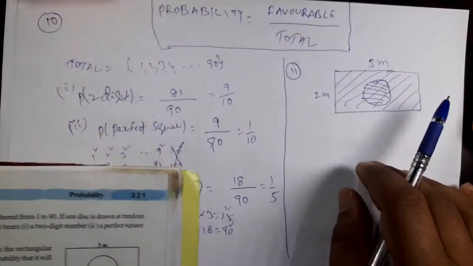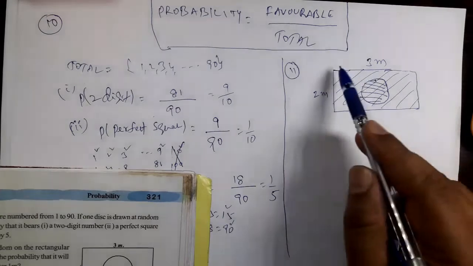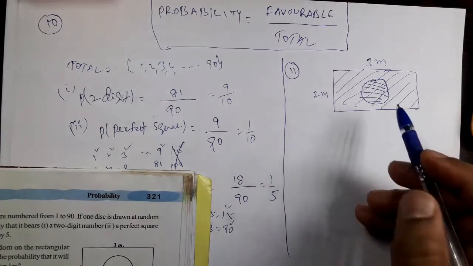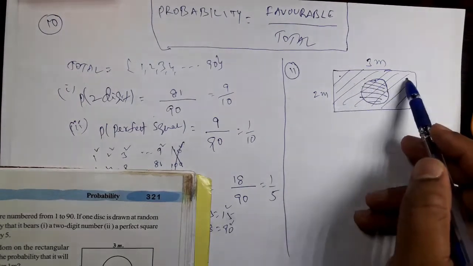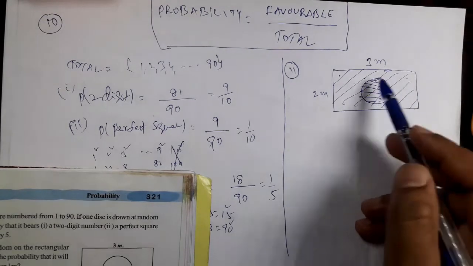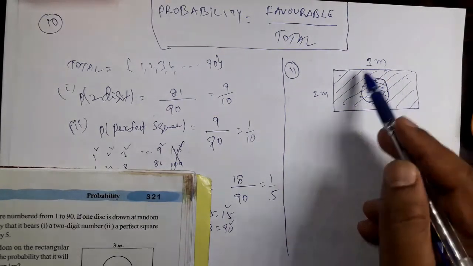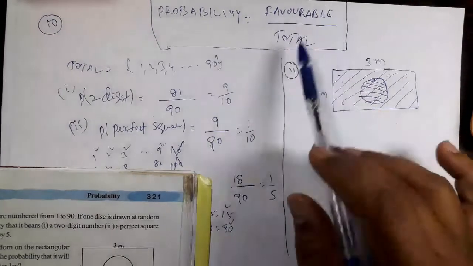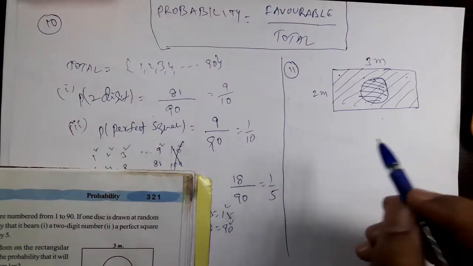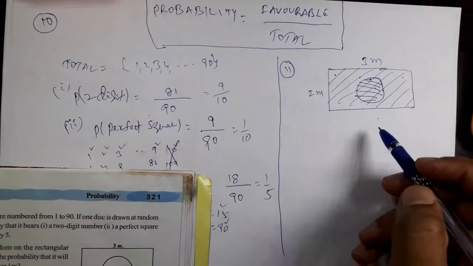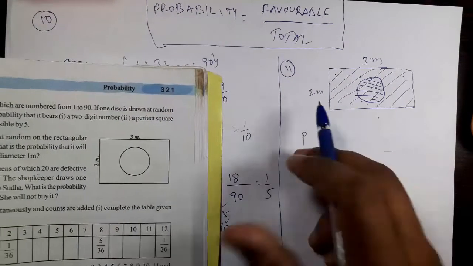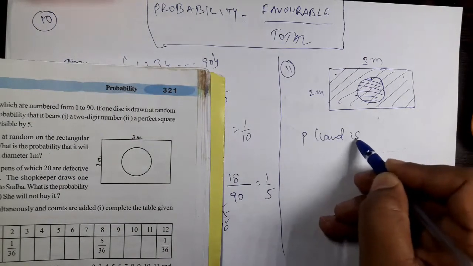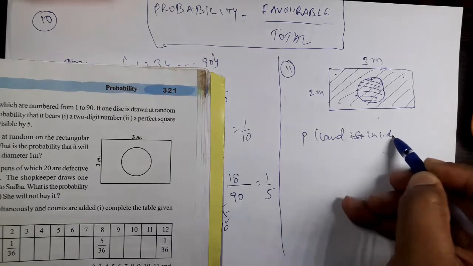In this type of question, all the points inside this circle are favorable, right? We have dropped one die that may fall here or here or here or here or here. That may fall at any point of this rectangle. So of course our formula is favorable by total. If you think carefully, intuitively, we feel that the probability that it will land inside the circle.